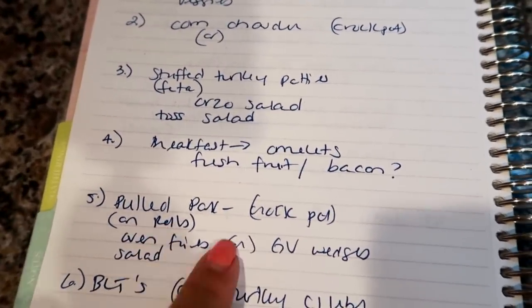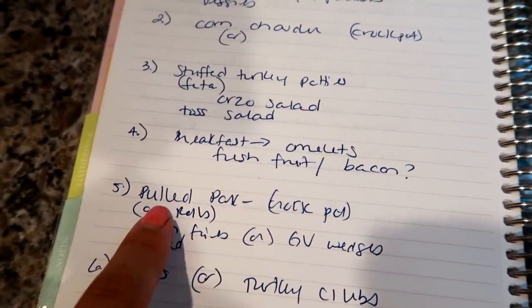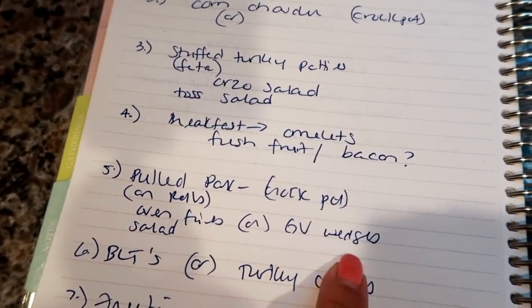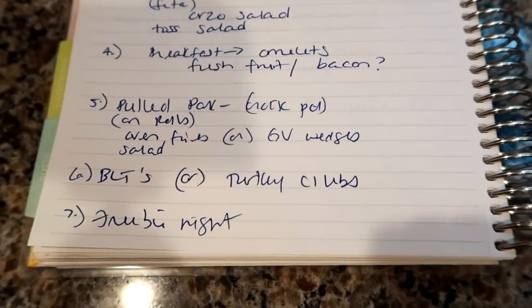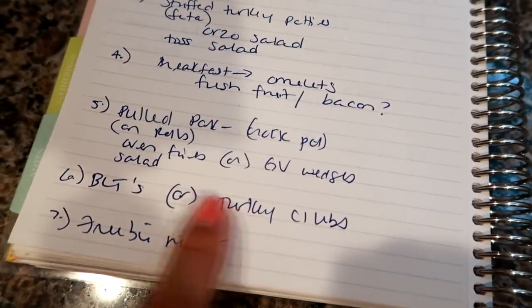I have a pork butt frozen, so I'm going to thaw that and throw it in the crock pot with some barbecue sauce and do pulled pork on some kind of a roll. And I'll either do oven fries or the Great Value potato wedges on the side, and then just a simple tossed salad. Another night I have BLTs or turkey club sandwiches down, which is essentially the same thing, except